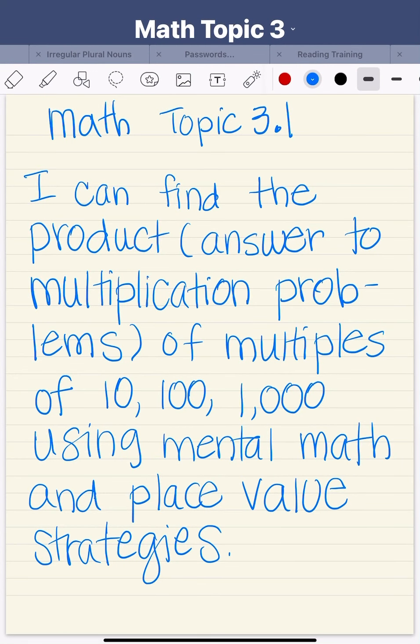Hey guys, this is Math Topic 3.1. Your objective, your I can statement: I can find the product, which is the answer to the multiplication problems. That's what your product is. Remember, we talked about that today. Again, product is the answer to all multiplication problems of multiples of 10, 100, and 1,000 using mental math and